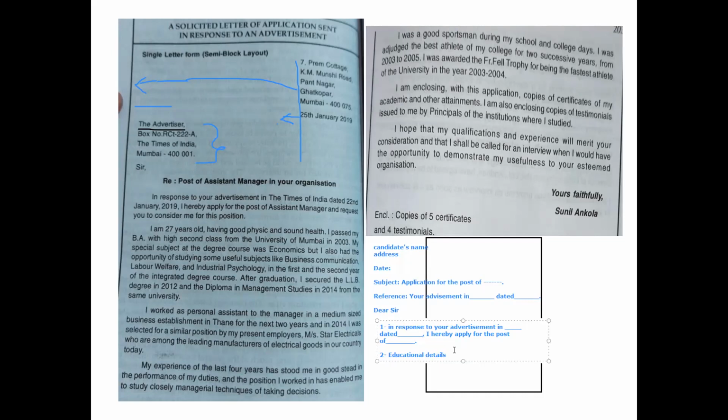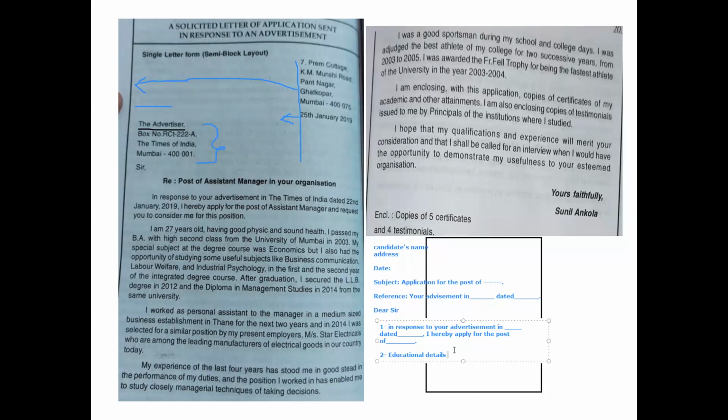So we were here, at the educational details you have to provide. How will you write it? "I have completed", that sentence we have learned in the tutorial. In the tutorial we studied how to talk about your last education, right? How did I say to write the sentence? This is how we are going to use our knowledge. I told you in the tutorial how to write it.